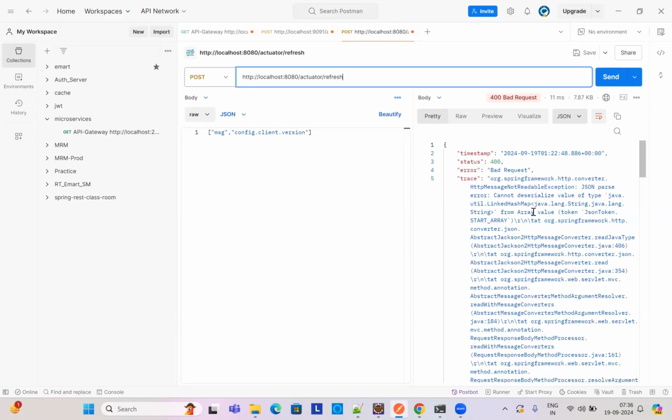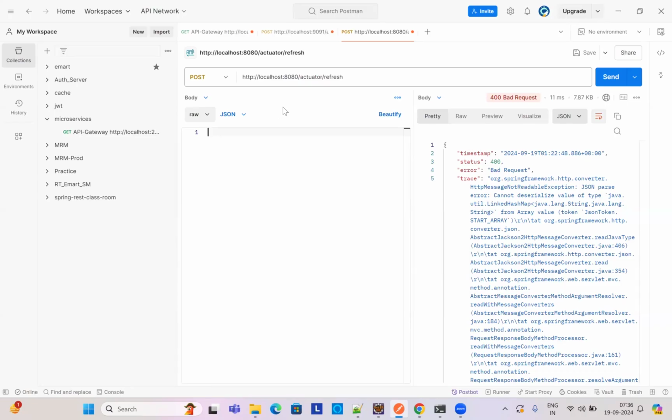Post request. Can you see if in the request you are sending any body? You should not send any data in the request body. You should not send any headers. Okay, this body I'm sending. No, that is response body, right? In the request body, you need to check it. Remove that. Keep the body as none.